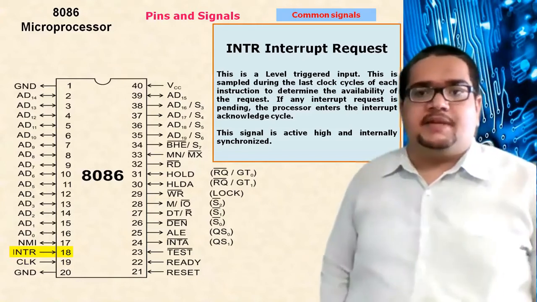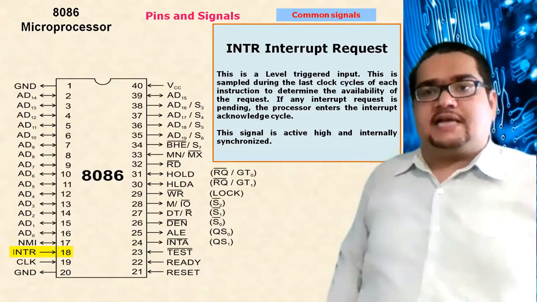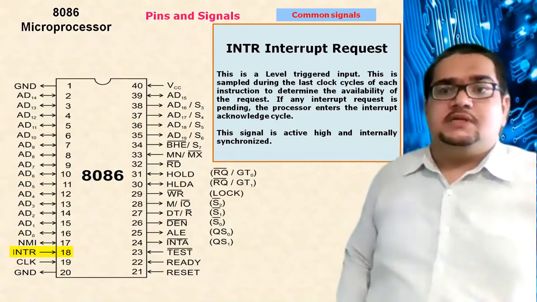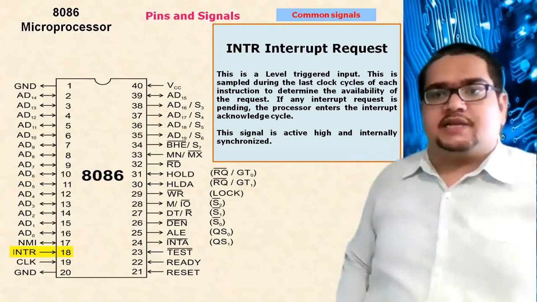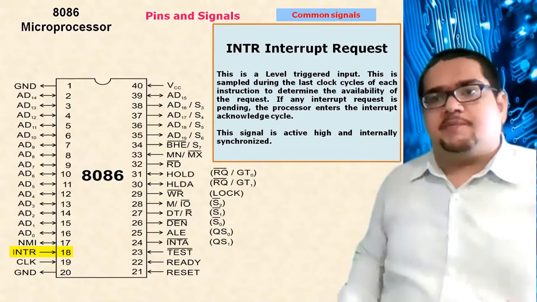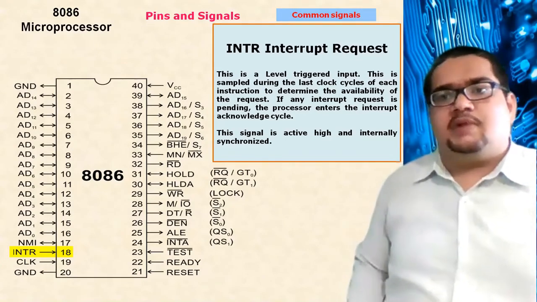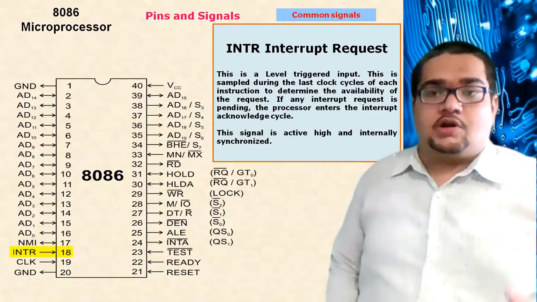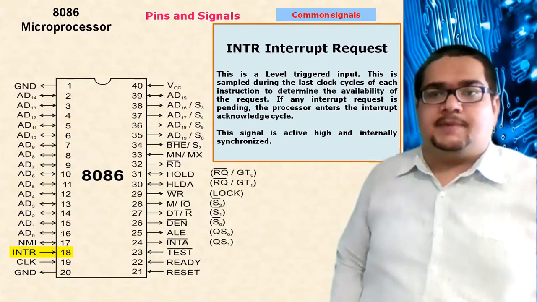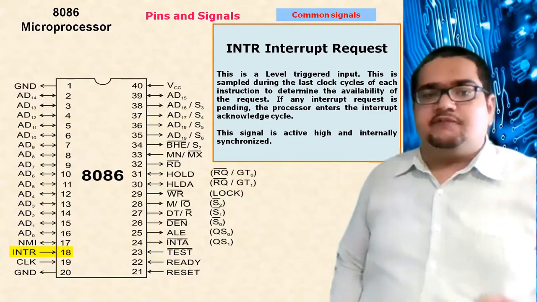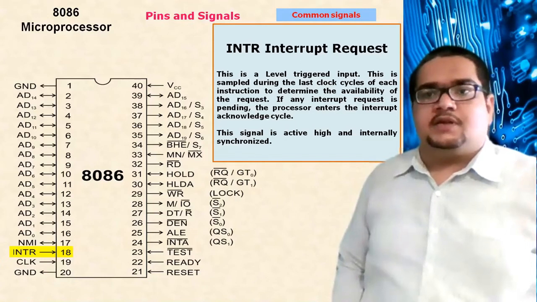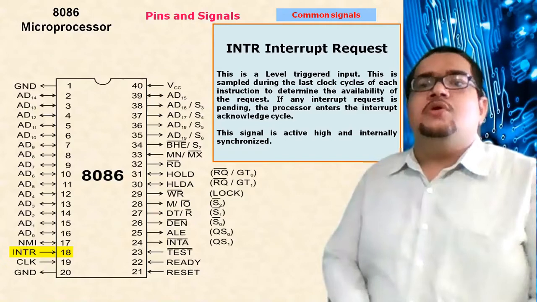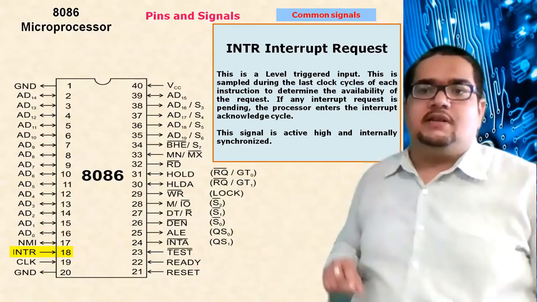The next two pins are pin number 18 and then 17. These are the external interrupt inputs for the processor. Here we can trigger the processor, creating an interrupt. Suppose the processor is performing a certain task. At that particular moment, if you have another task of higher priority that needs to be executed first, then we trigger the processor to give an interrupt to the main task and ask the processor to service the current interrupt.